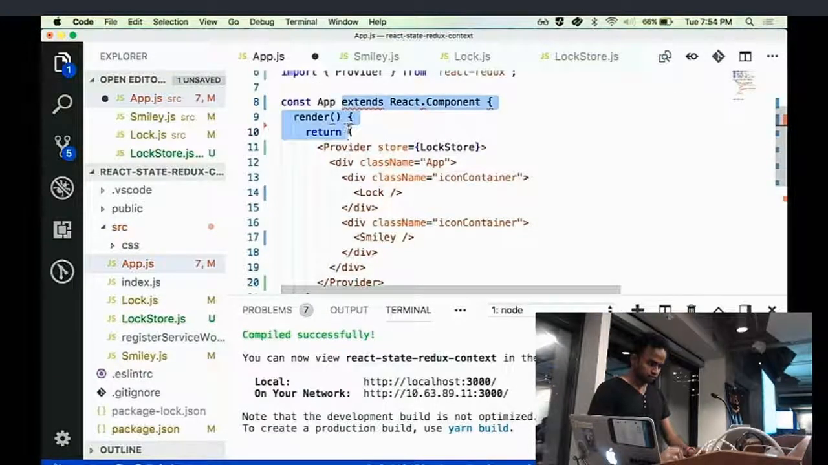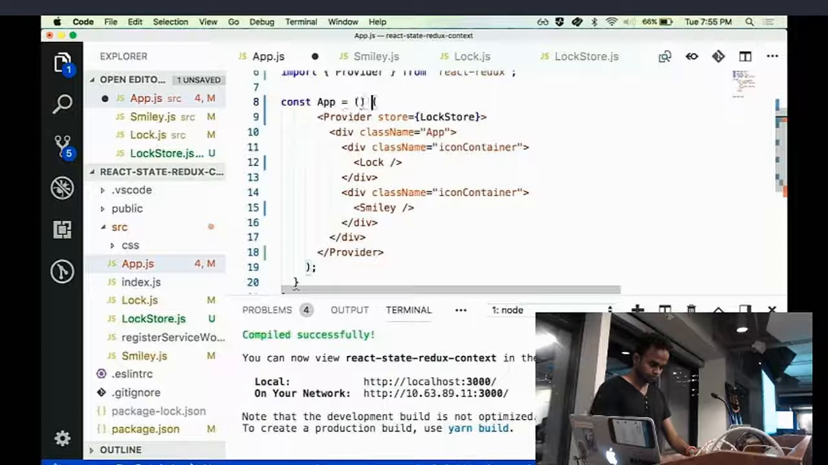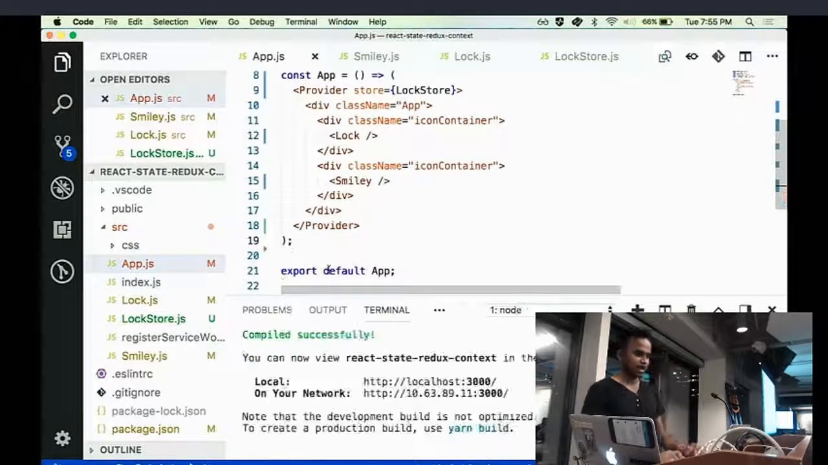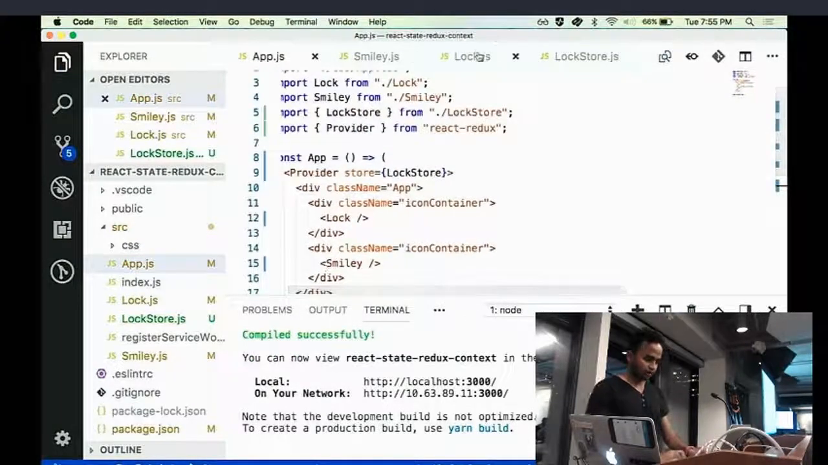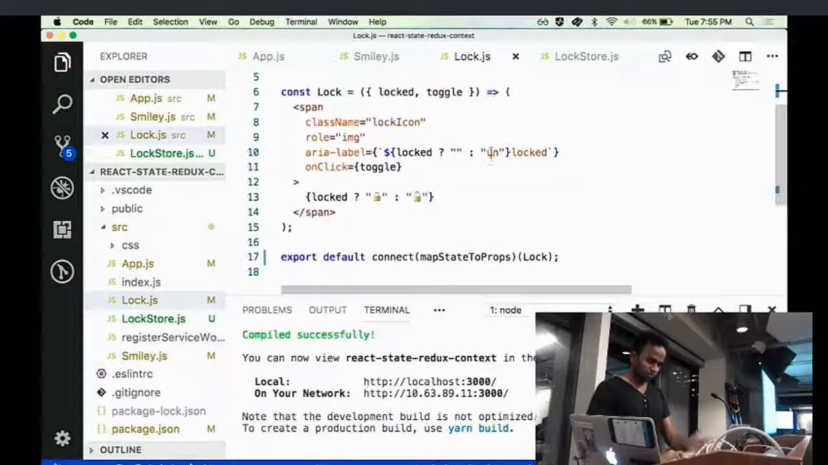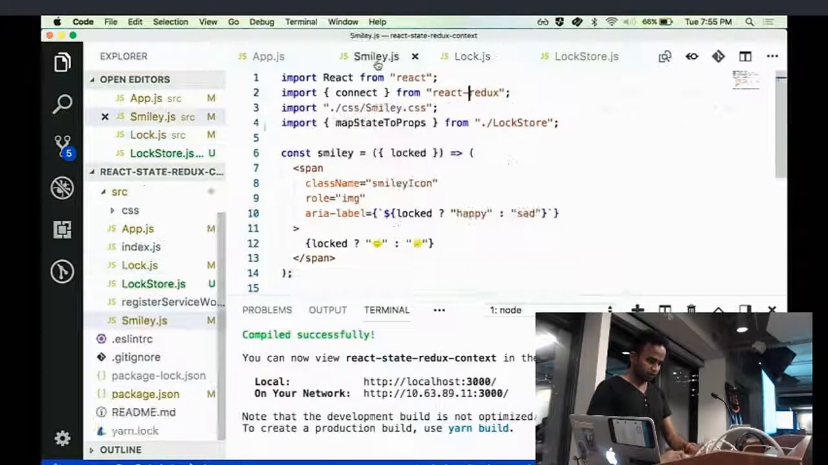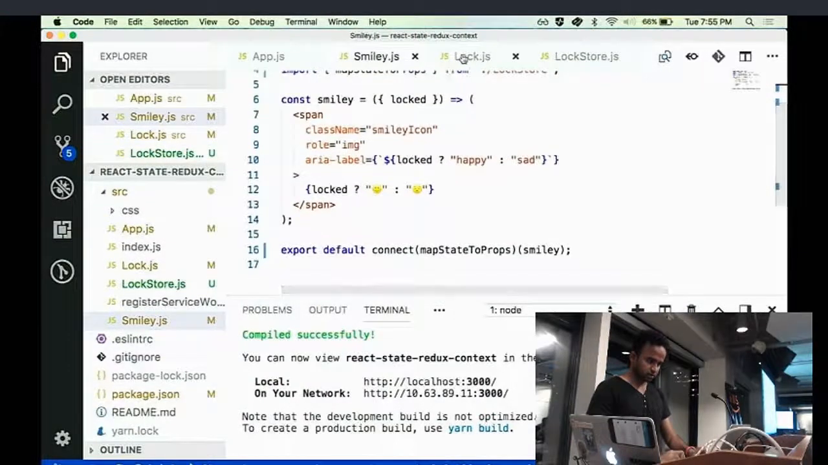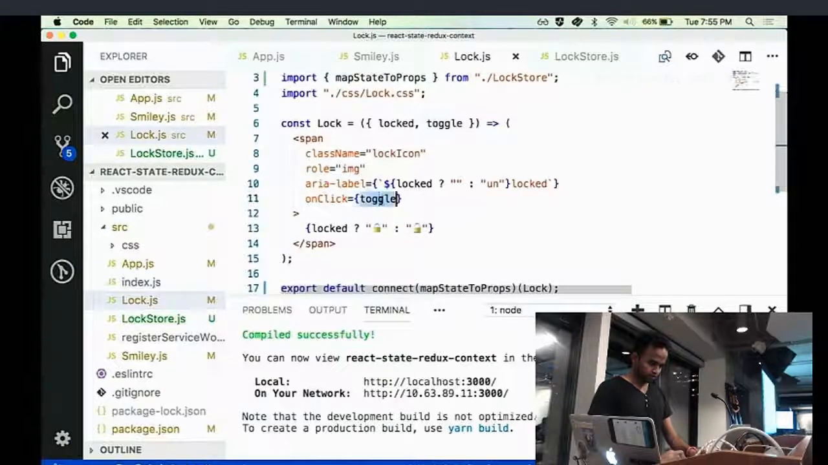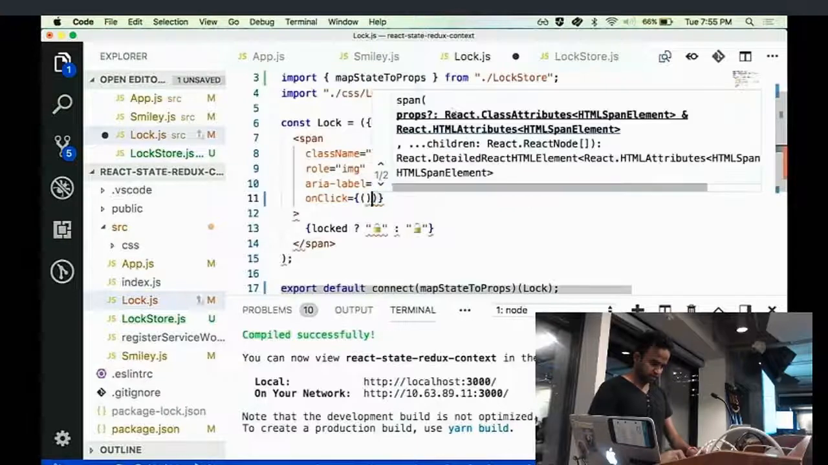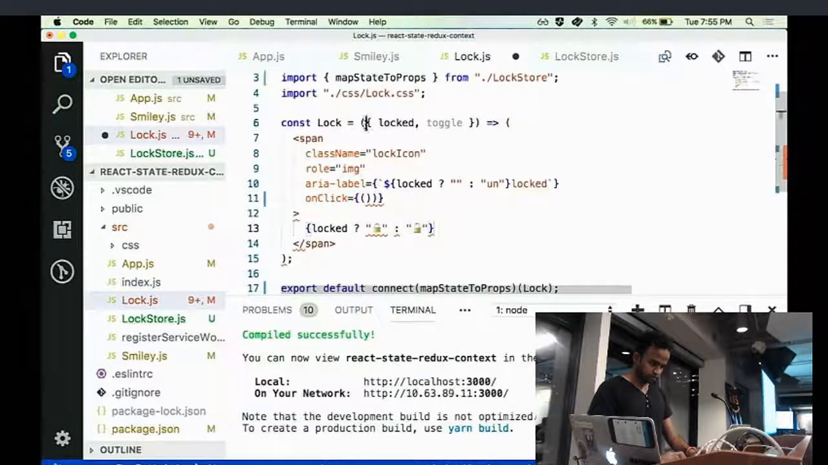So I'll just say this. App is this simple, and I go to log. I see log will also be a function component, and I go to smiley. It's also a function component, and I go to log, and I'm calling toggle here, right? I have to say it just receives, it doesn't receive anything anymore,